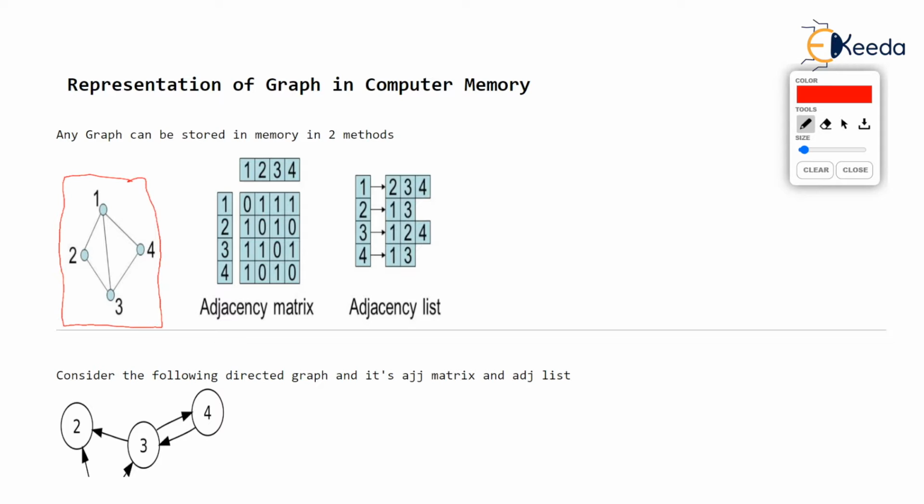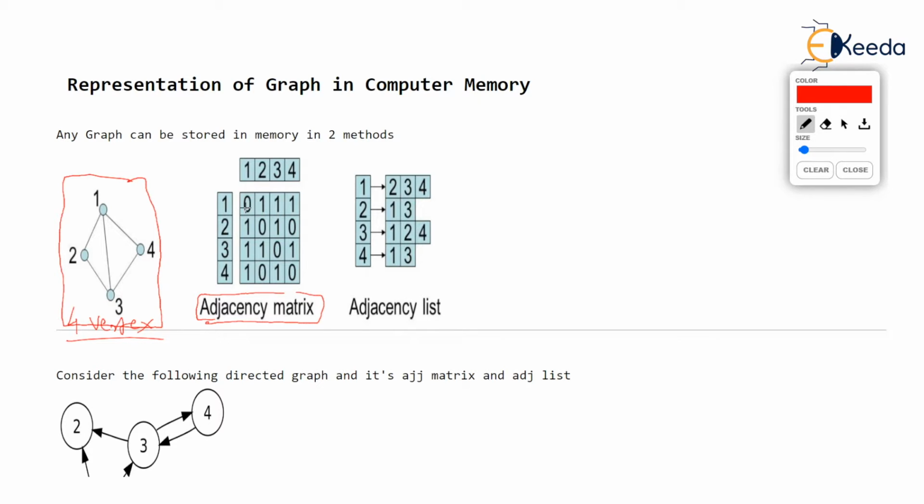Now in this method what we do is, given a 4 vertex graph, check that number of vertices are 4. Given a 4 vertex graph, we will construct a 4 by 4 matrix. As you see, the matrix constructed here contains 4 rows and 4 columns. So we have 16 elements in the matrix which will be filled with 1 or 0. An element will be 1 if vertex i is adjacent to vertex j. Otherwise, if vertex i is not adjacent to vertex j, that particular element will be 0.